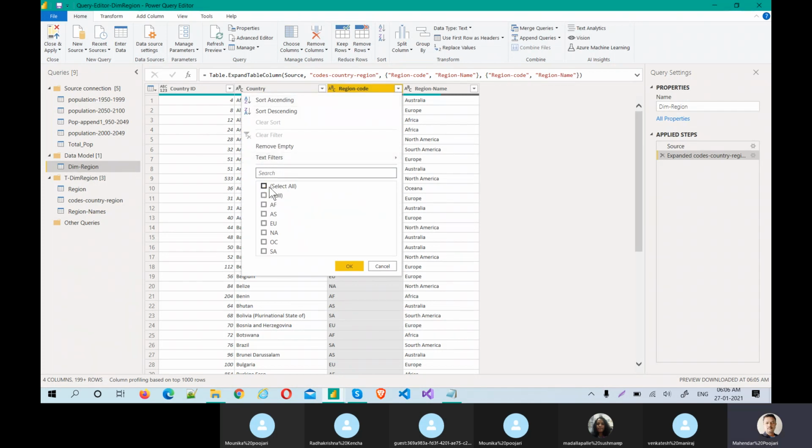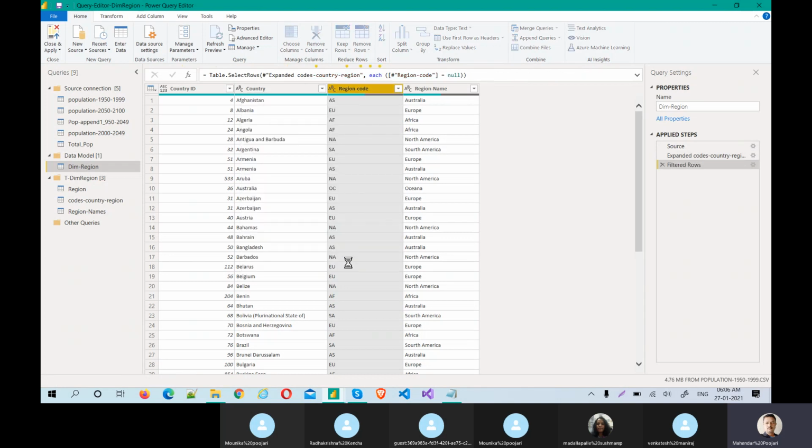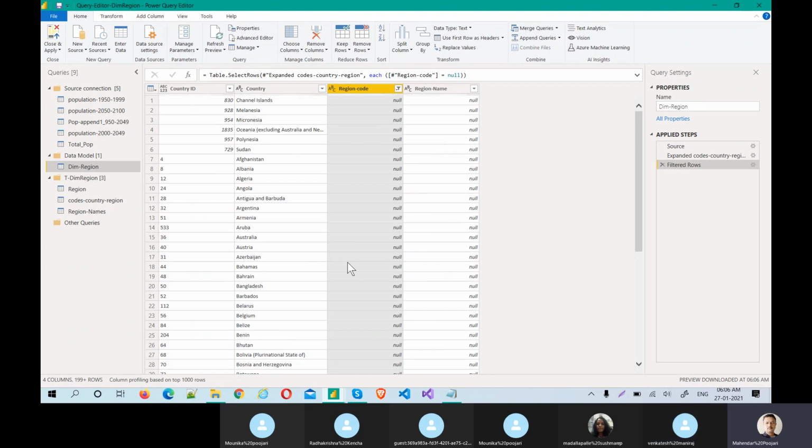So let's see what the nulls are. There are a lot of countries. Some are numbers, some are alphabets. That is the reason you see some alignments are mismatched. So why did this happen?